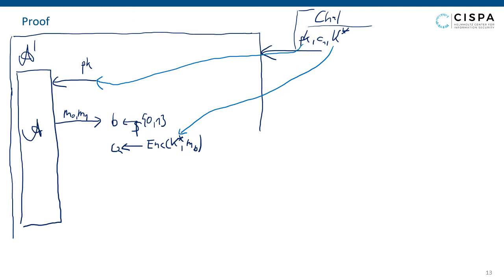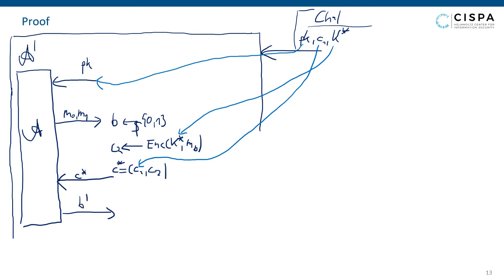This gives us a ciphertext C2, and now we set C asterisk to be C1, C2, where of course C1 comes from the input of A prime. Now we send this C asterisk to the adversary A,